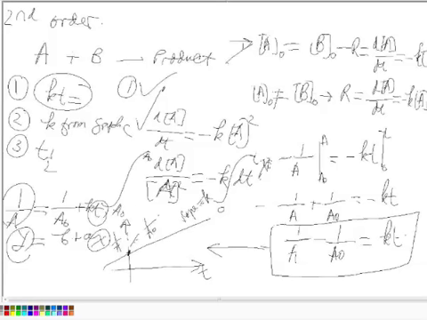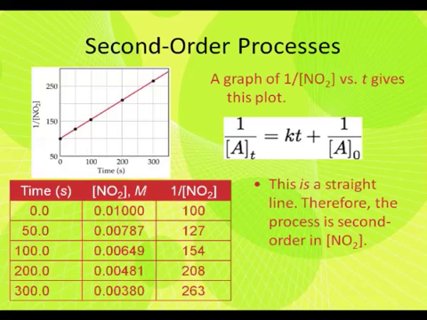We now just need to get the third one, that is t half. Let's go to the clean one. So from the second order,